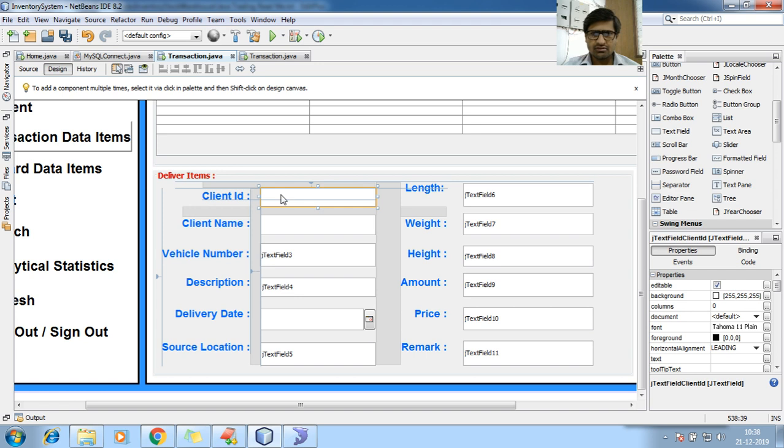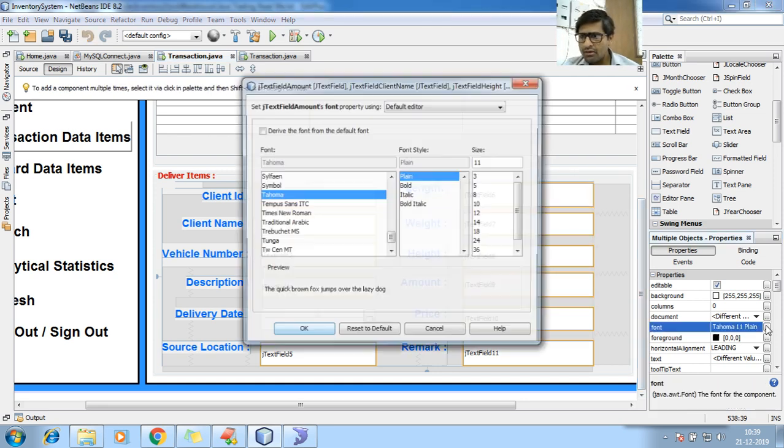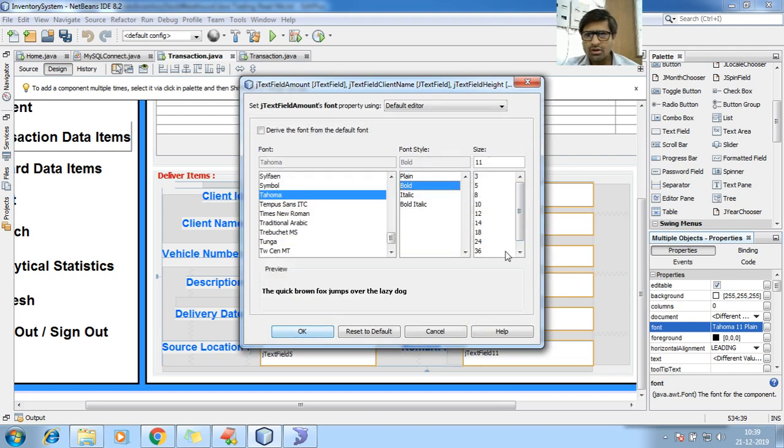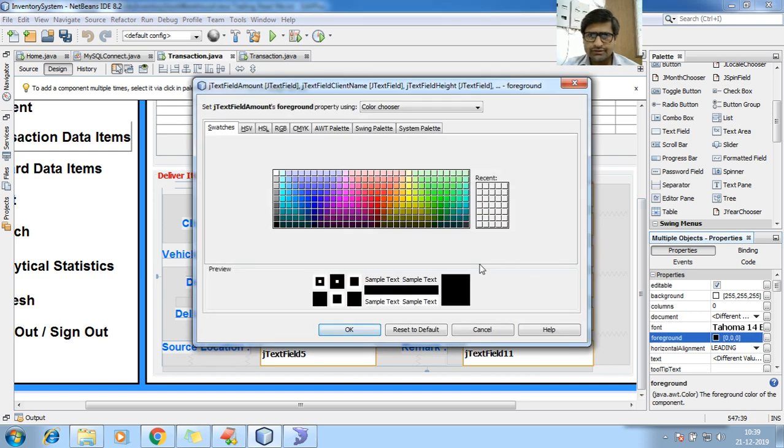So let me select all fields except JDate chooser, and we'll set a common bold and around 14. Okay, enough. And color, let us go for not this. Okay,